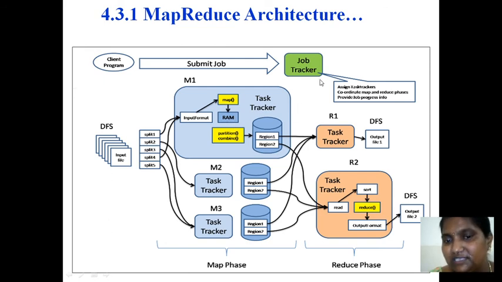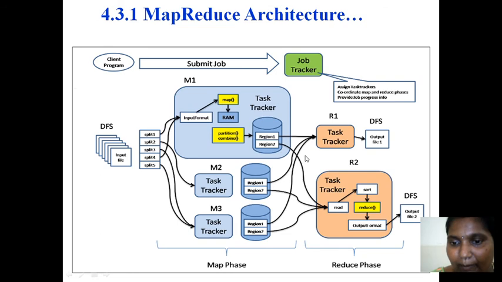So each task tracker will start execution. This processing is done in terms of a mapper and a reducer. The mapper will take input data, convert it into key value pairs, and store it on the local drive. That data is taken care of by different task trackers in different racks also, R1, R2 being the racks. Not only one task tracker can execute our data, but a lot of task trackers are required. All this data is processed by different task trackers and stored in the DFS.